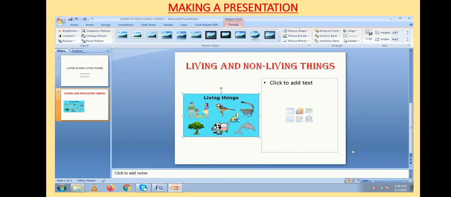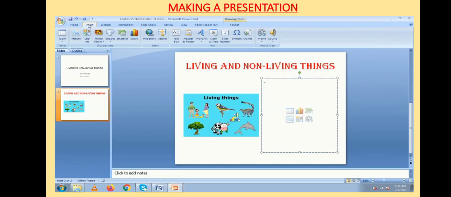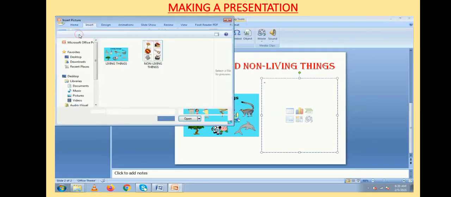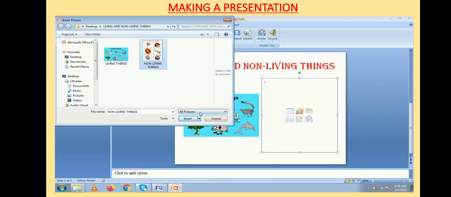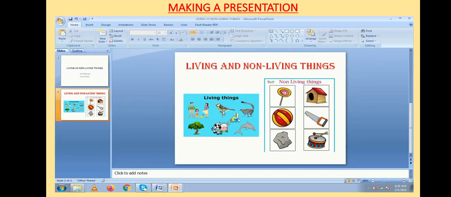So here I have added one picture of living thing. And in this box I will add a picture of non-living things. So this slide layout is more suitable for the work which I have done just now. I have written the title and below that I have added two pictures.